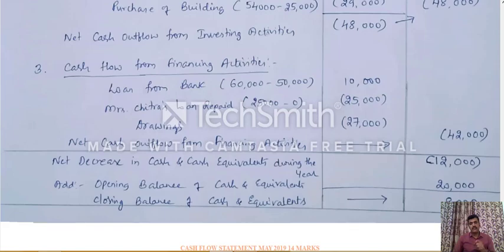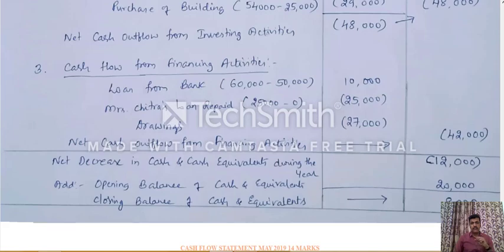And as calculated earlier in the capital account, we have got a balance for drawings. There you have made Capital Account Dr. to Cash Account, and that you have to record here. Drawings means if they draw money for personal use, it results in outflow of cash from the business, that is minus 27,000. So if we total all of that, we will get minus 42,000. Because we have got only one positive value, 10,000, and the remaining two negative values, the total is minus 42,000. That we have to treat as net cash outflow from financing activities.